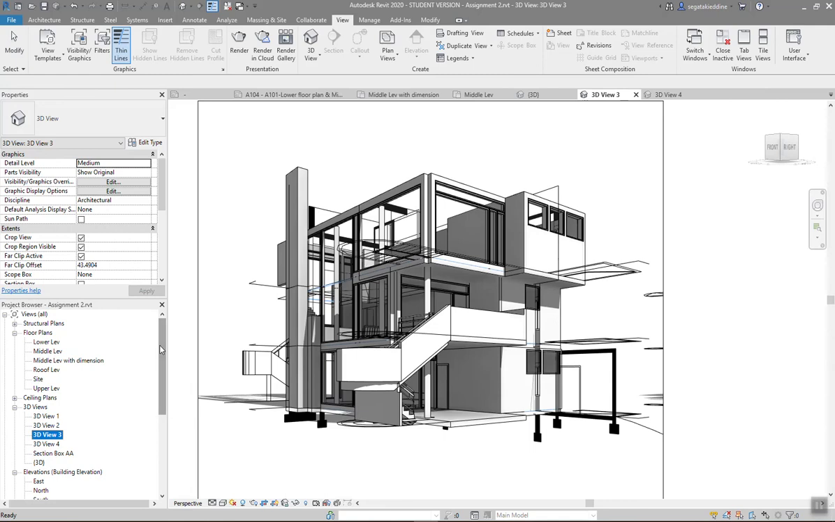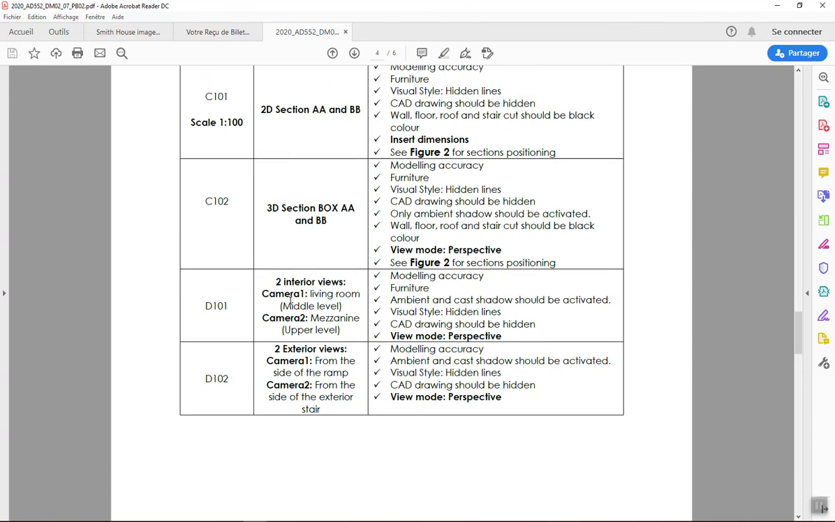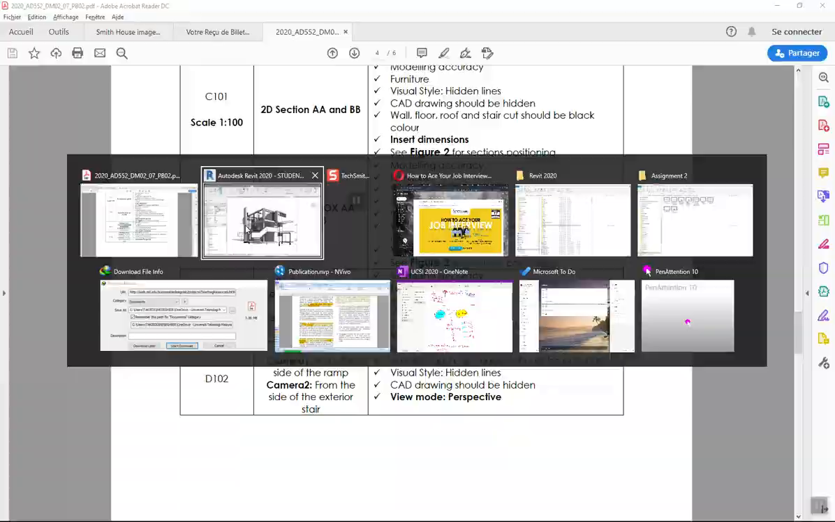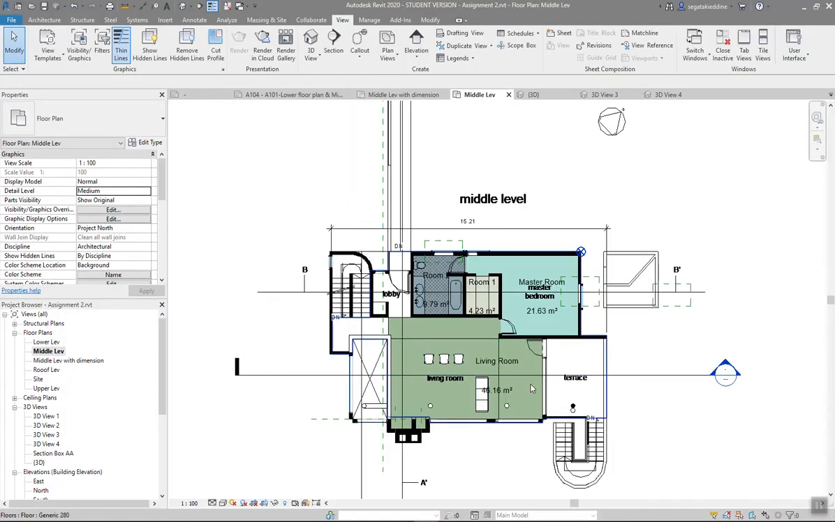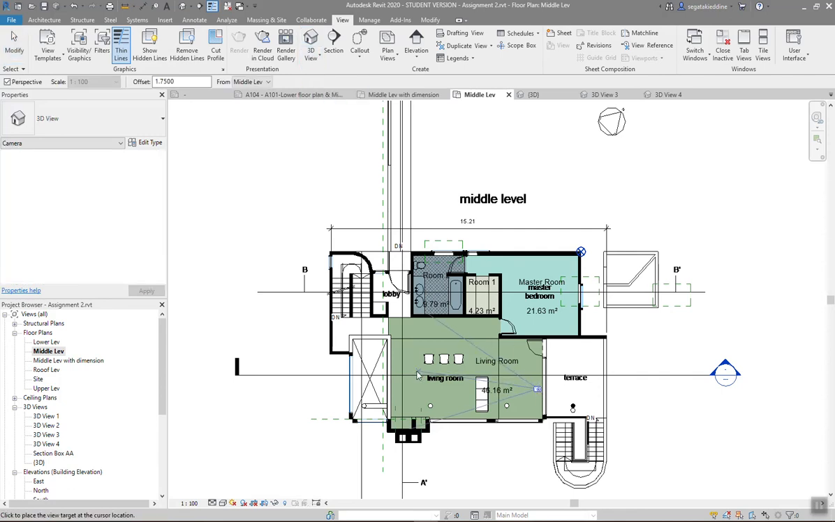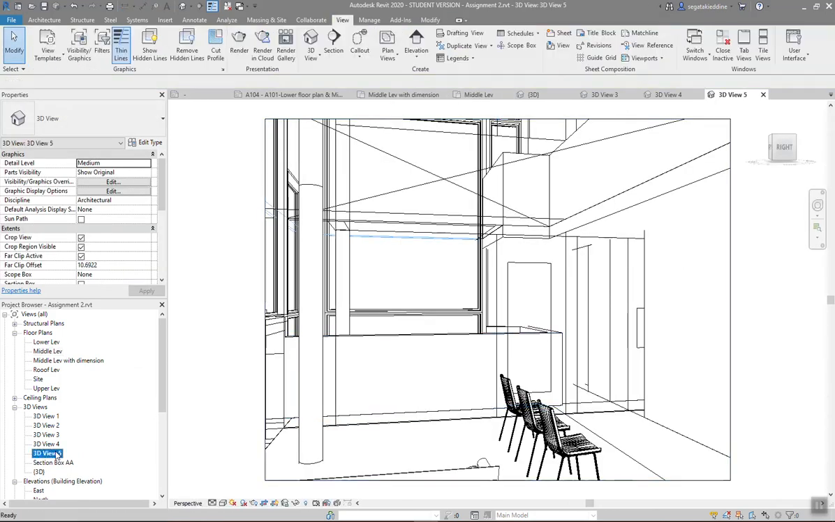Now in order to create internal cameras, so again internal cameras, you have to read from here: internal views, living room, middle level. So I have to go to middle level, living room. So middle level, living room. So you can choose, so you have to create a camera. It depends on, I think this kind of view will be good. And of course, in order to not confuse yourself, you call it 3D view living room,